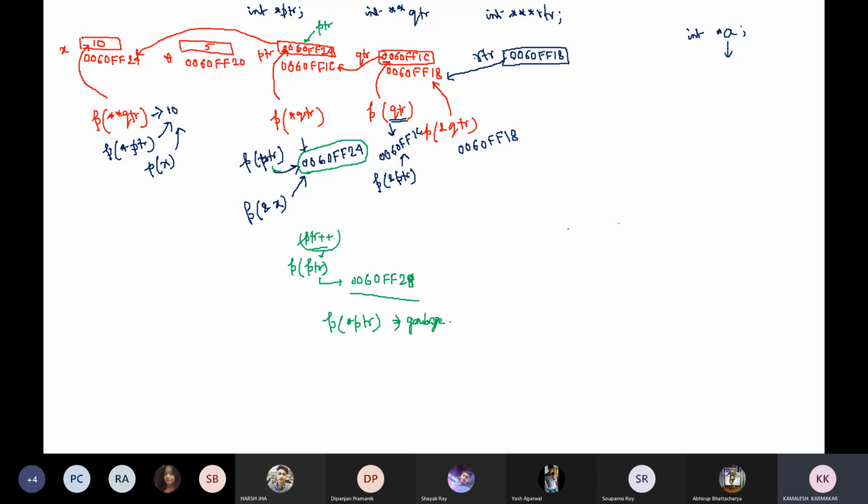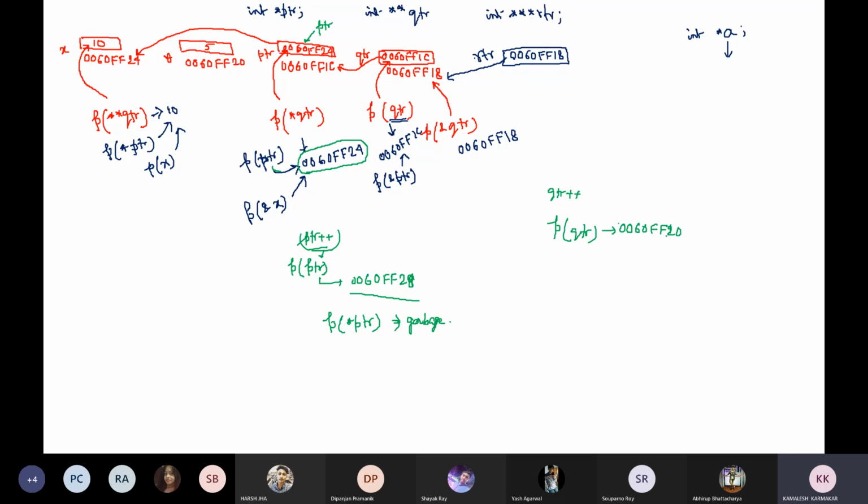Similarly, if I write qtr plus plus, then I want to print the value of qtr. What will be the output? The value of qtr, what is qtr? 0060ff1c. So after 1c it will be 20.